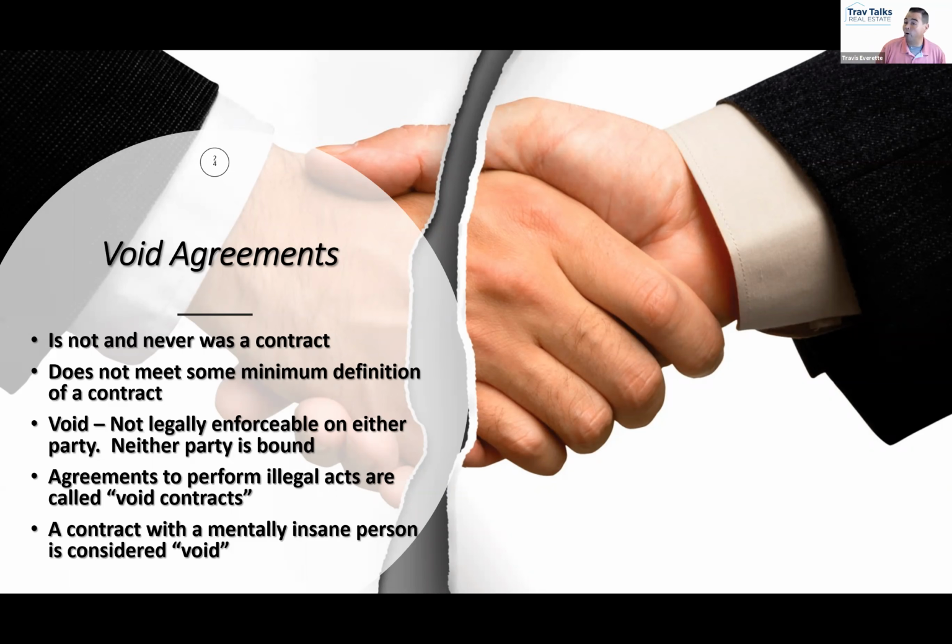The reason it's void is it doesn't matter who Claudia is, or what her mental condition is, or whether she's an adult or a minor. It doesn't matter if the landlord is mentally capable, or an adult, or a minor. It doesn't matter if either one of them has breached their agreement, because if they followed the agreement, they would be breaking the law. If the property is zoned only for residential use, it would be illegal to use it for a dance studio. Does that make sense for everybody?